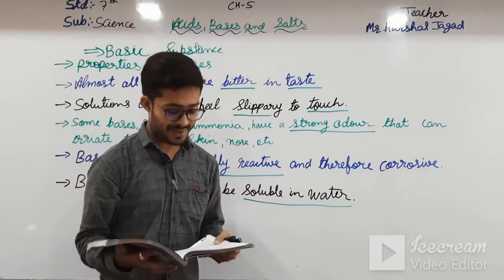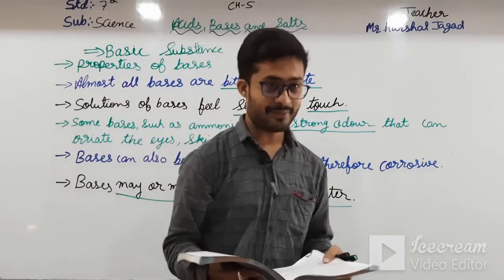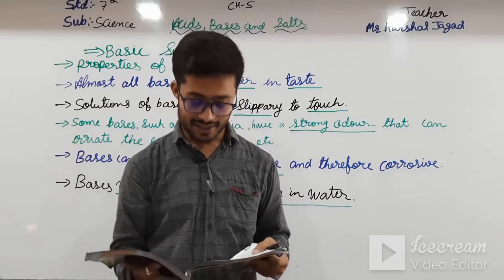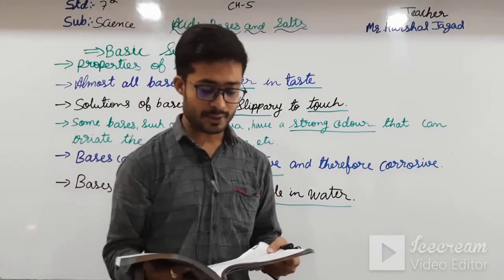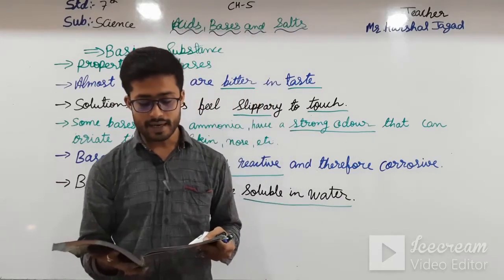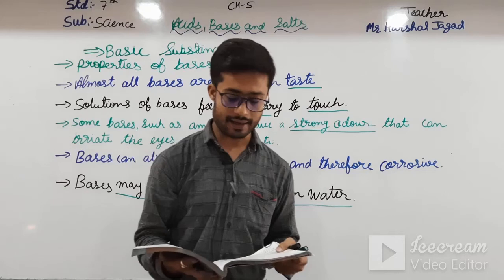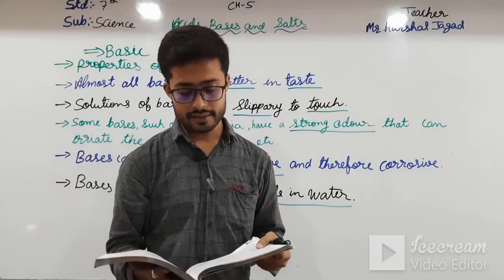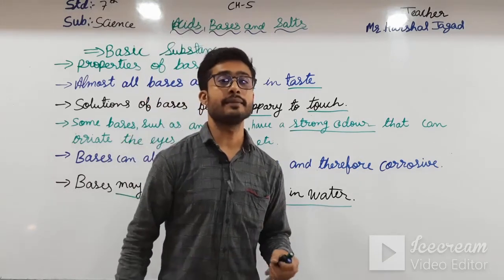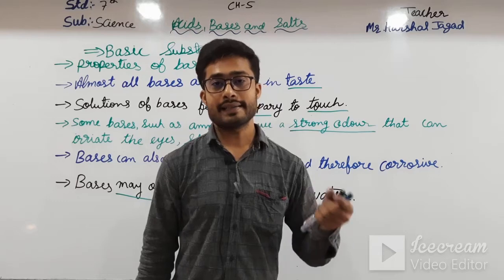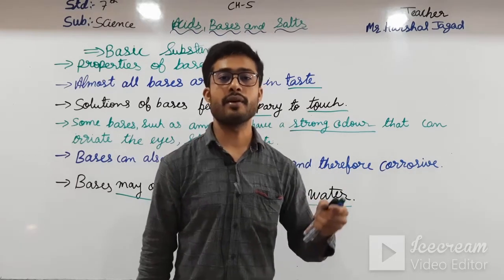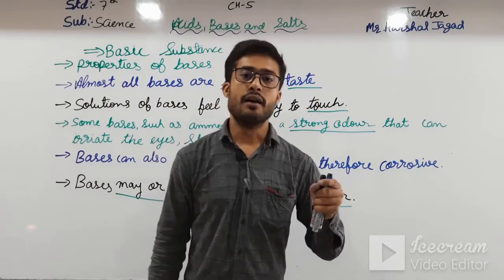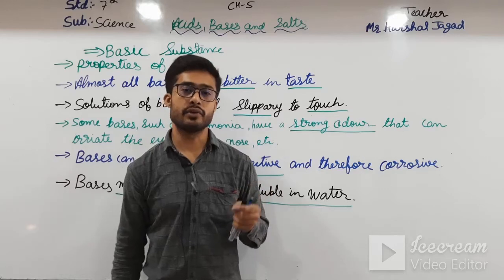Bases can be classified as strong and weak bases based on how corrosive they are. Strong bases are corrosive in nature and should be handled carefully. In case of accidental spillage on the skin, they can destroy human tissue and cause severe burns. Means, as we have seen in the acids, strong acids harm our skin and our body. In that way, the bases also harm our tissues. Okay, students.